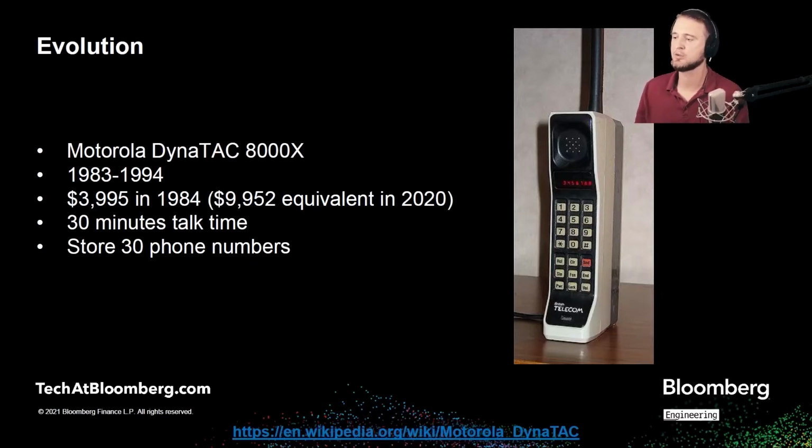You can't go on Instagram on it, but you can talk, and 30 minutes is probably enough to describe your lunch that you would otherwise put on Instagram. And it's actually mobile. It doesn't have an attached suitcase with it. You can actually go and claim that this is a mobile phone. And it started something, right?